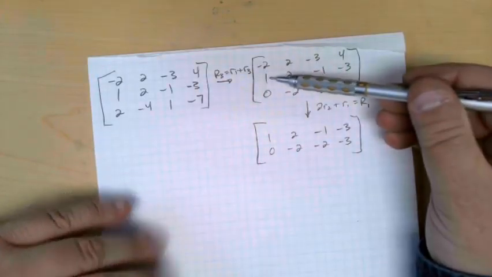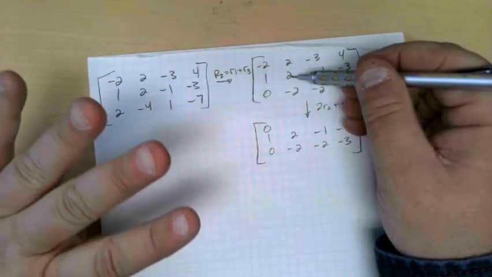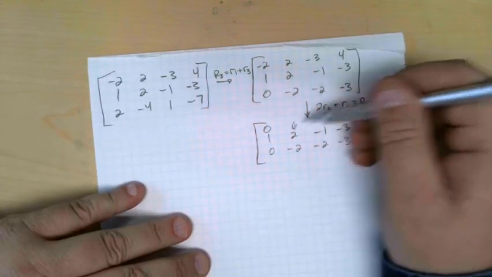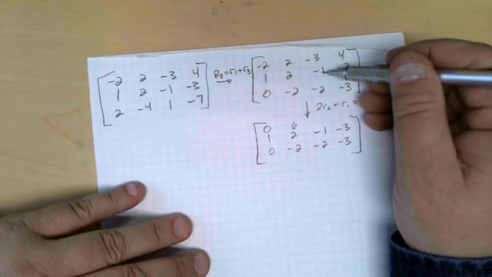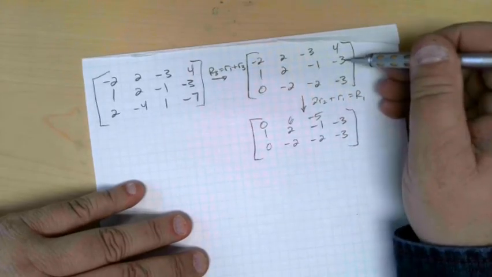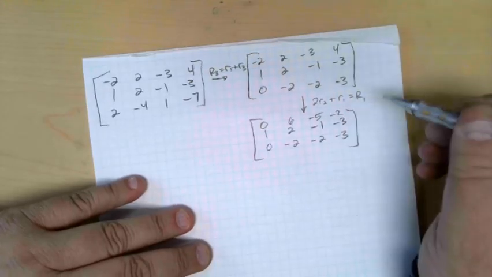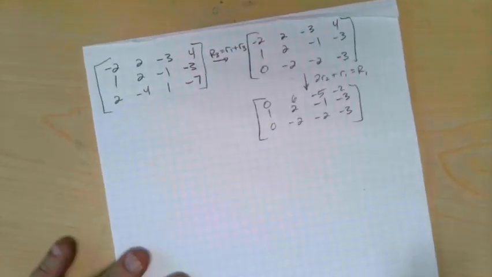Okay. 2 times 1 is 2, plus the negative 2 is 0. 2 times 2 is 4, plus 2 is 6. 2 times negative 1 is negative 2, plus the negative 3 is negative 5. 2 times negative 3 is negative 6. Negative 6 plus 4 is negative 2. Okay, cool. Now,